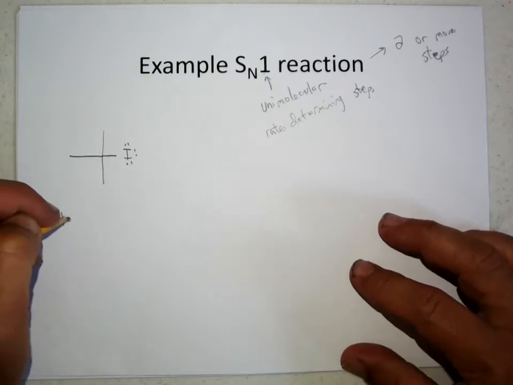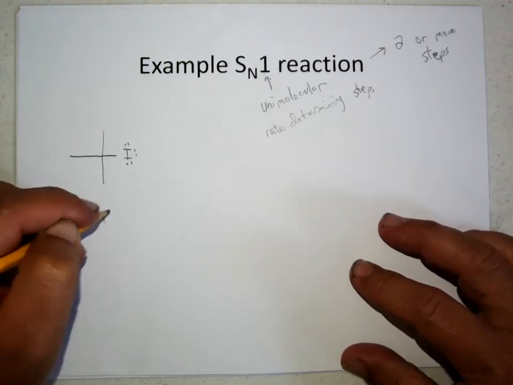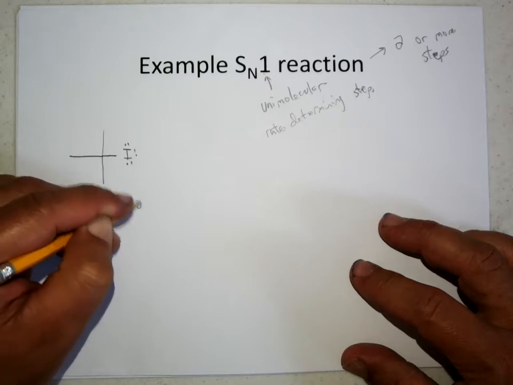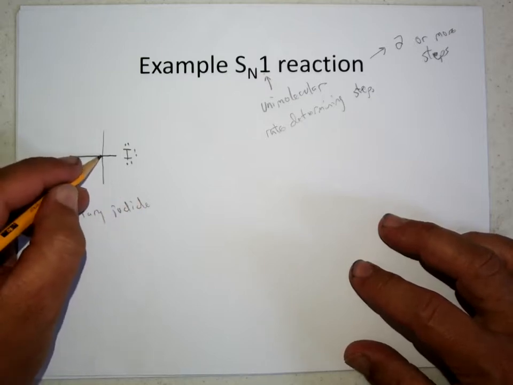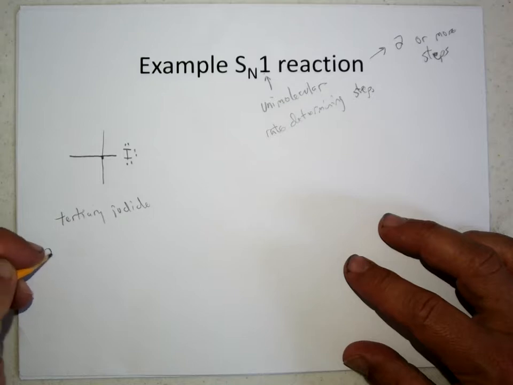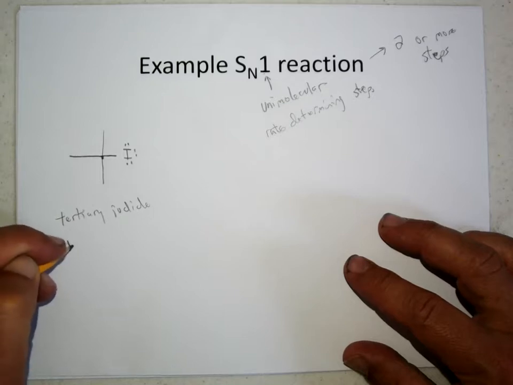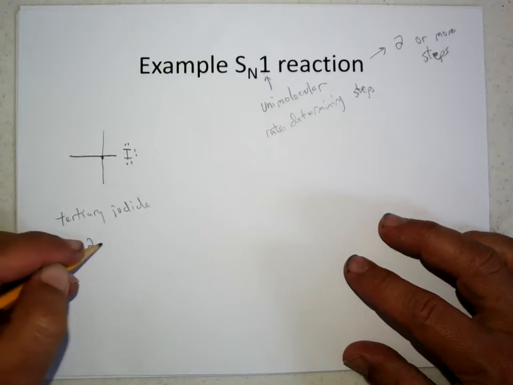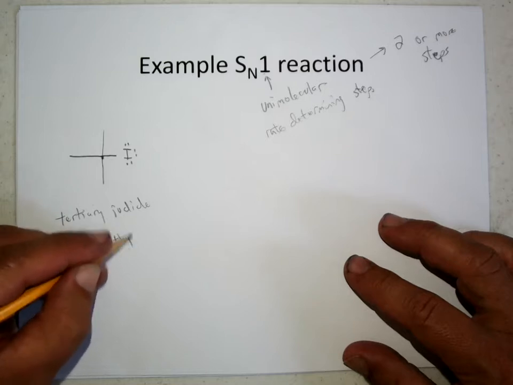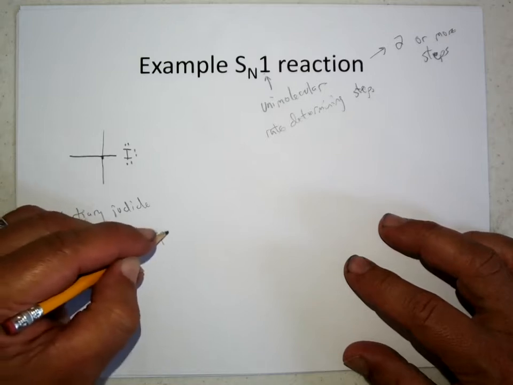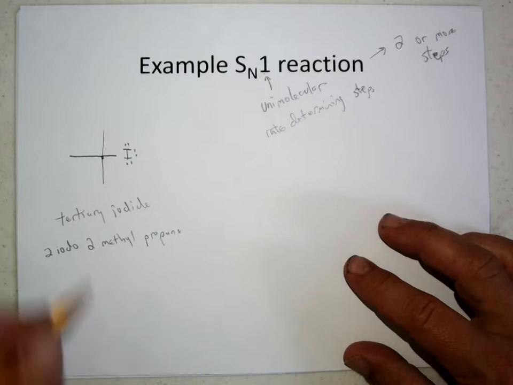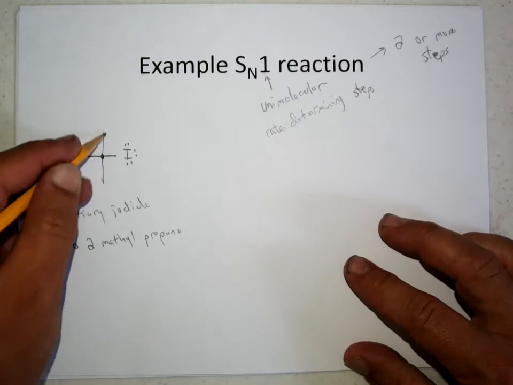So here's a tertiary iodide, and this might be written as 2-iodo-2-methylpropane, right? And you can see how this carbon, the second carbon in the propane,